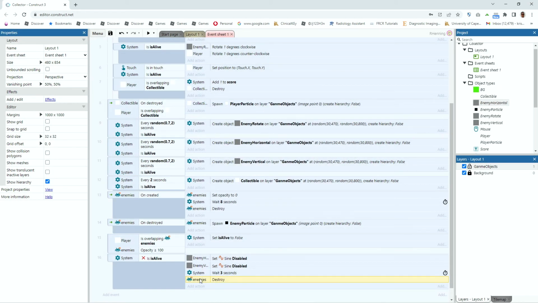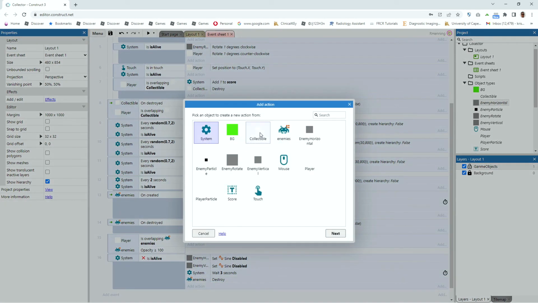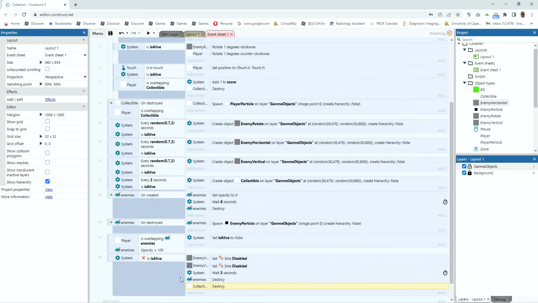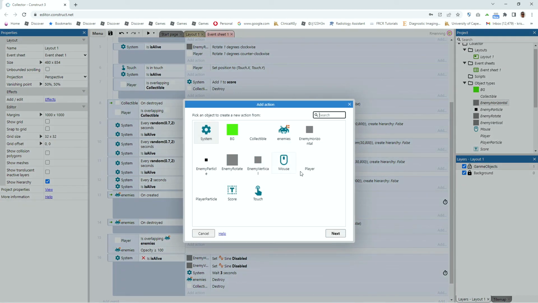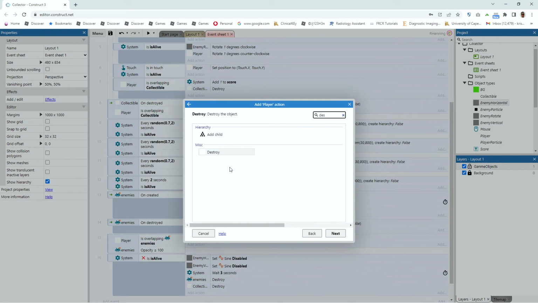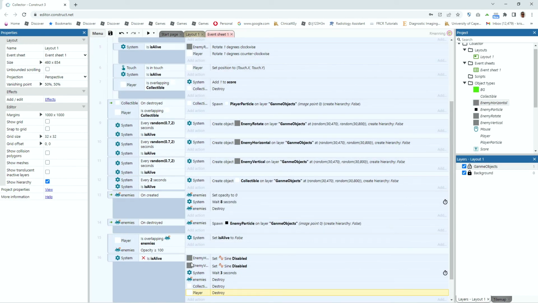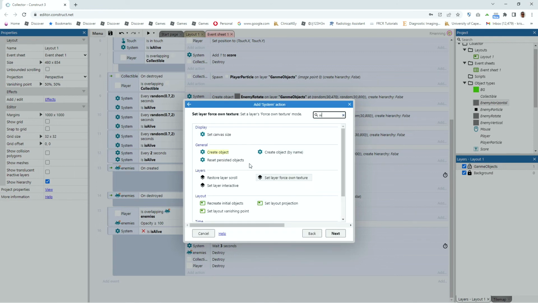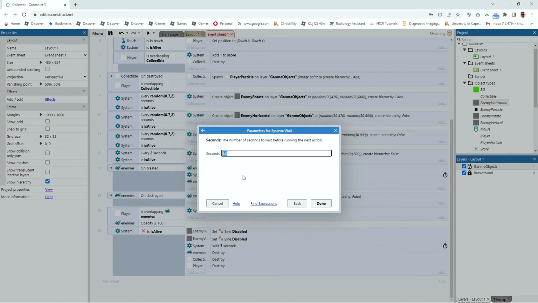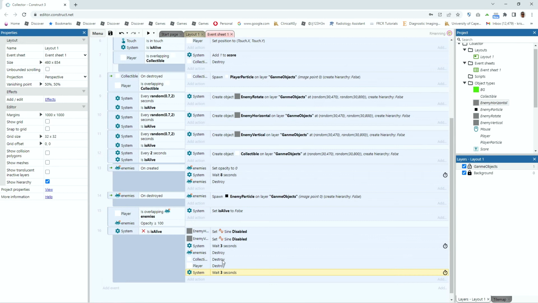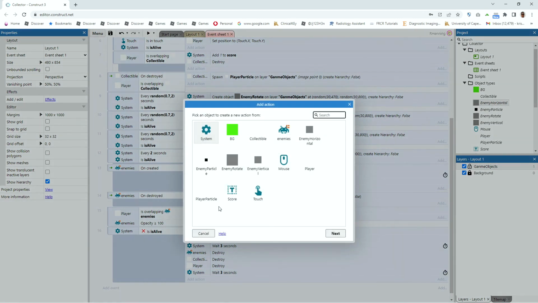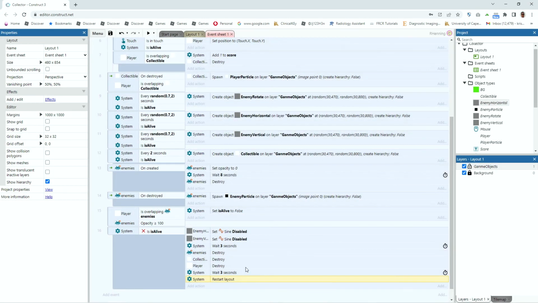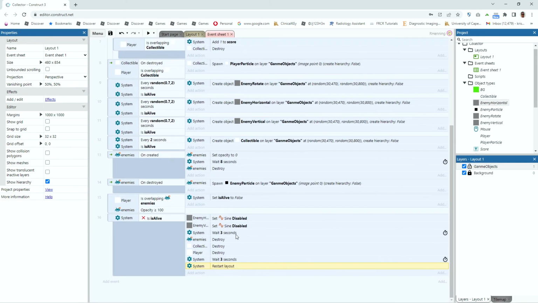We can destroy all the collectibles, so we can say collectibles destroy. Of course the player will already be destroyed, but we can destroy the player. And we can then wait another 3 seconds, and then we can restart the layout. Restart layout, and